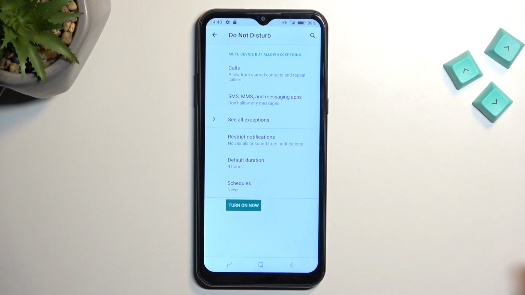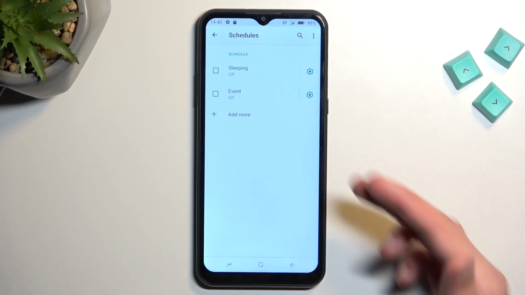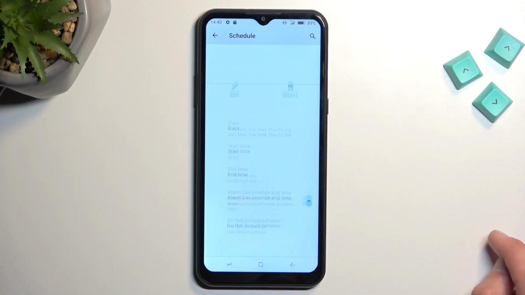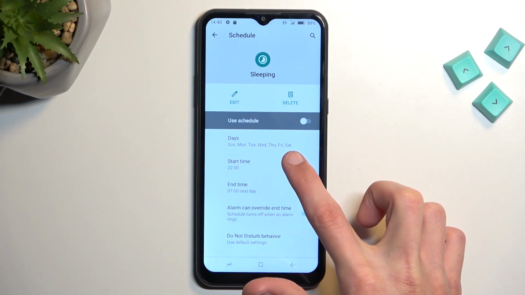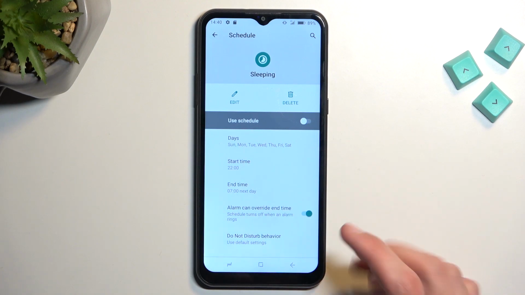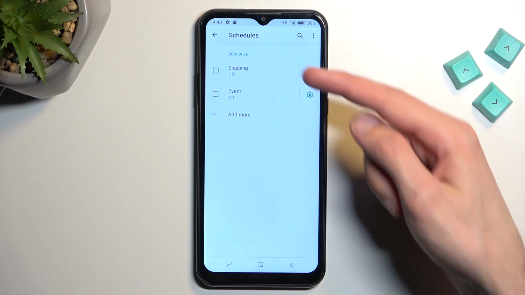Now for everyone else that maybe wants to use Do Not Disturb mode in a scheduled way, you just go into schedule. You have two that are pre-made. You can edit them by tapping on the gear icon right here and simply select the days of the week that you want it to turn on during, and then the start and end time. And if you're planning to use the schedule, just make sure that it is toggled on either here or